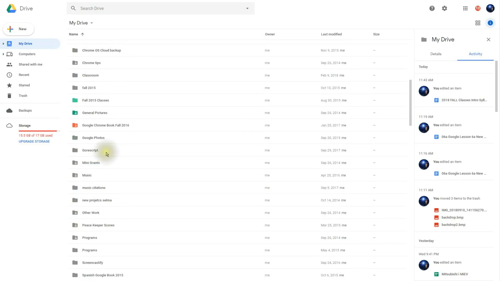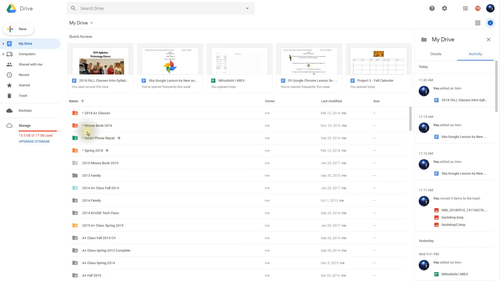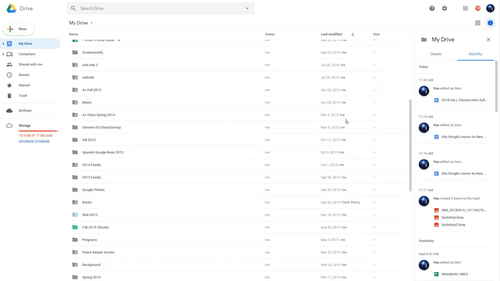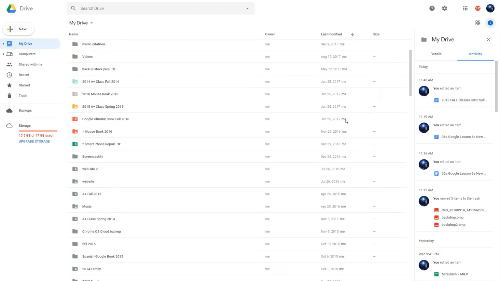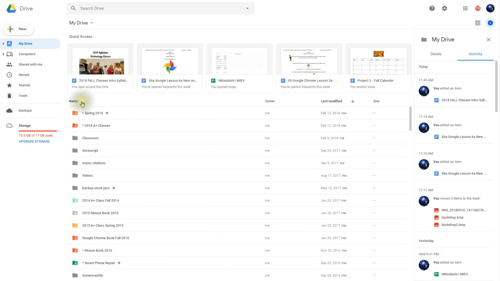So now it has an alphabetical order by the name. If I click on last modified, then I can choose when it was last modified. And now I see the things that were last modified by me. So it is easy to change how you're sorting your documents and your folders in this main viewing area.